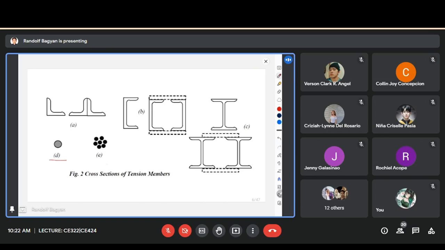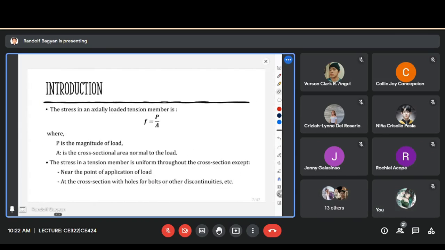And of course, these are bars and wire ropes. Okay, those are the cross sections for tension members. Are you guys listening? Now we go to